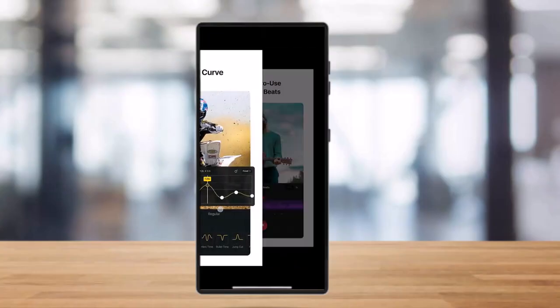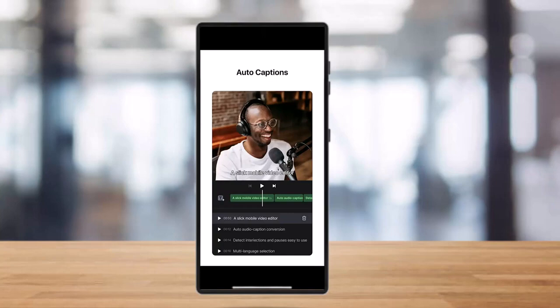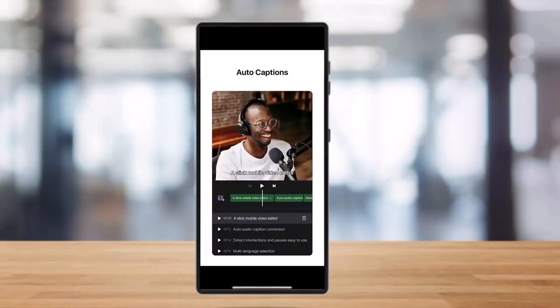Then you can select it and tap the motion option to find in, out, and loop animations like fade, slide, blink, pendulum, or typewriter. You can adjust the animation speed or style using the sliders and preview it to sync perfectly with your video